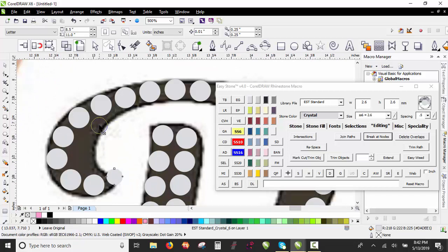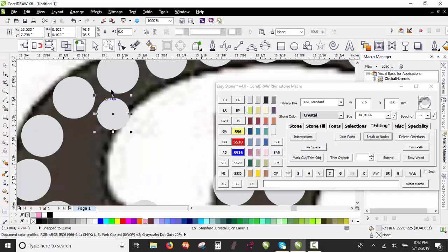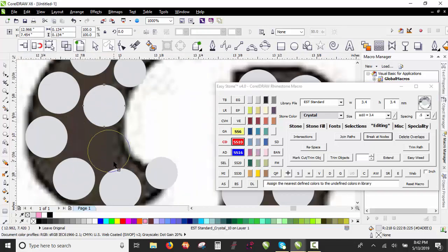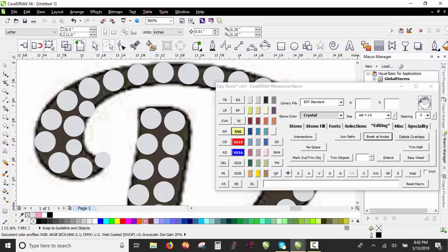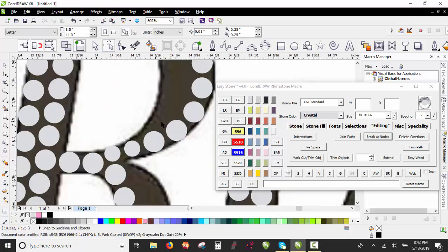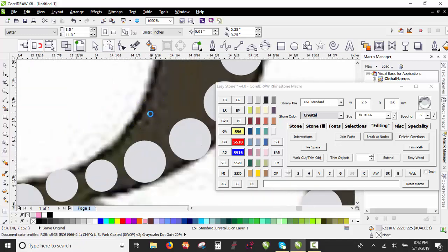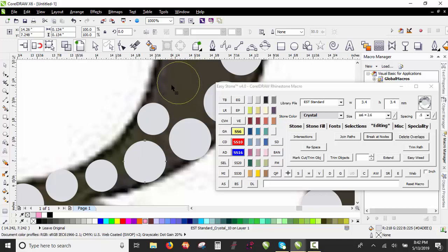So I think what I'm going to do is put a 6 right there, nestled in between those two. And then we're going to do a 10. And probably a 6, because I think that's all it's going to fit. So that's going to create that piece of our R. Then I'm going to come in here. 6, 10,